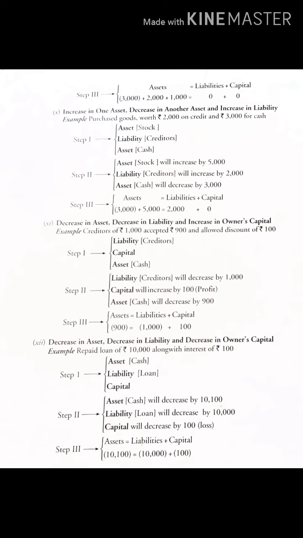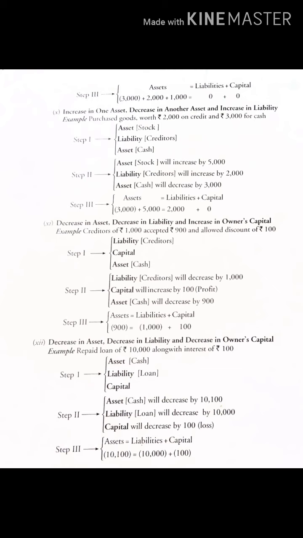Okay. Now let's check out what will be the effect. Stock, as we are receiving goods, stock will increase. Liabilities, creditors: as we are purchasing goods on credit, creditors will increase, that means my liability will increase. And asset, cash is decreasing. Why? Because we are paying in cash. Okay, now when we check the equation, whatever the assets are, plus and minus, we will check, then equals liabilities plus capital. My liabilities here is 2,000. Why? Creditors 2,000, plus capital, I have no information, so I'll put 0 over there. Now I'll check whether my equation balances or not.